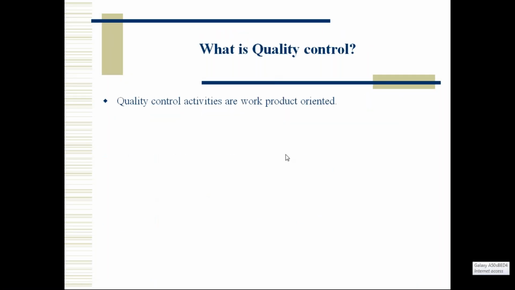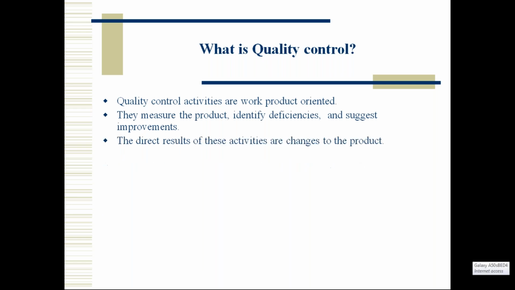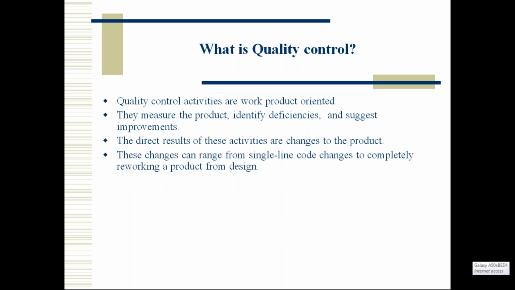Okay, we have to talk about quality control. Slide ऊपर नीचे, okay? So quality control activities are work product oriented, everybody knows. They measure the product, perfectly right. Identify the deficiencies and suggest the improvement. Right. The direct result of these activities is changes to the product. Perfectly right. So instead of sugar, if I add the salt, then it becomes a salty product. Direct impact करेगा product पे. Correct. These changes can range from single line of code changes to